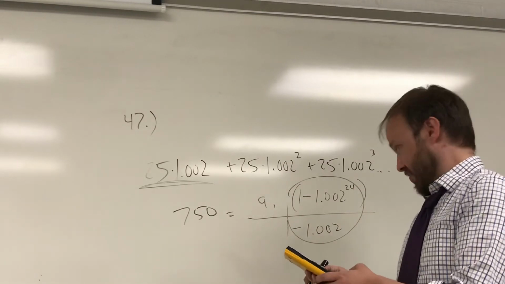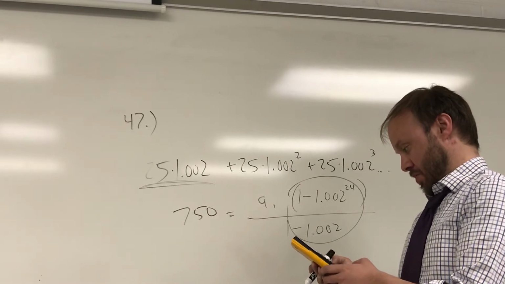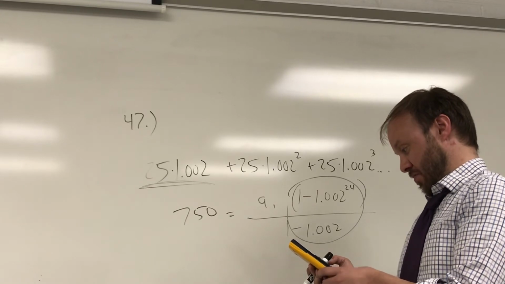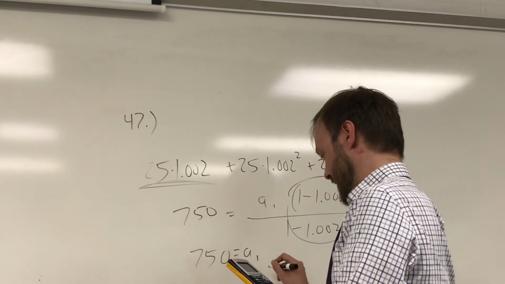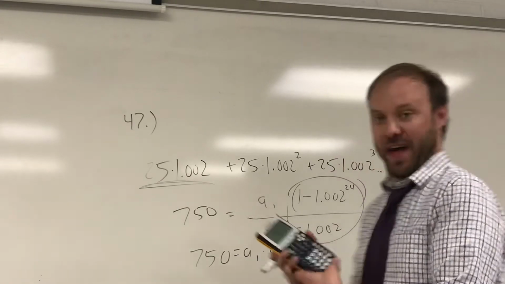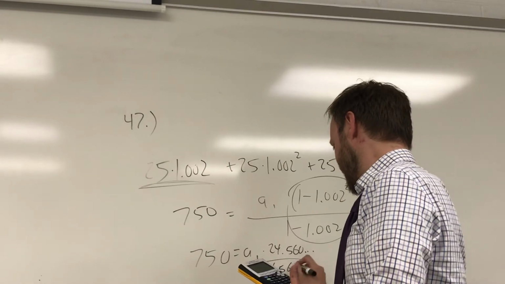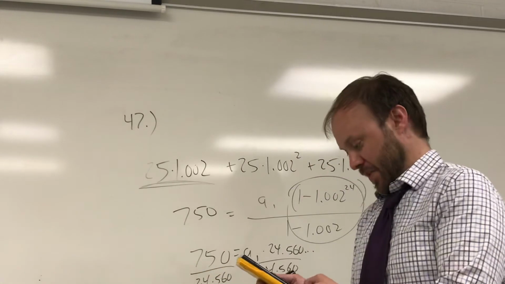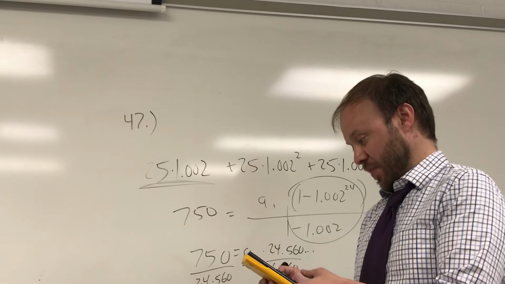Anyway, you can evaluate all of this. 1 minus 1.002 to the 24th power divided by negative 0.002. Okay, so 750 is going to be equal to A sub 1 times 24.560, and so on. I'm going to keep that in my calculator, okay? We can divide both sides by that value, and we have to be careful here because, so 750 divided by the answer that I got there